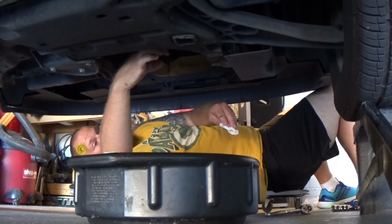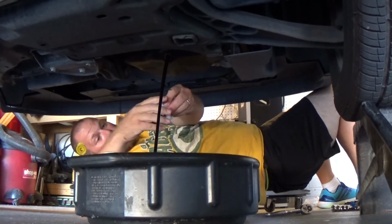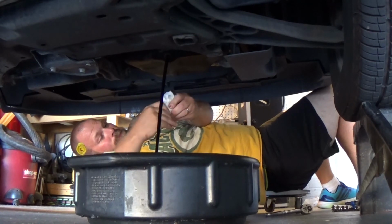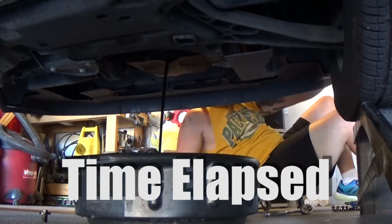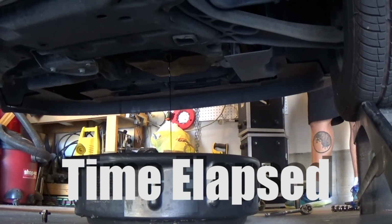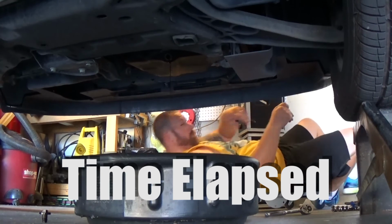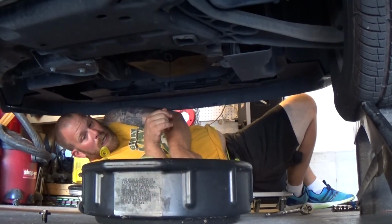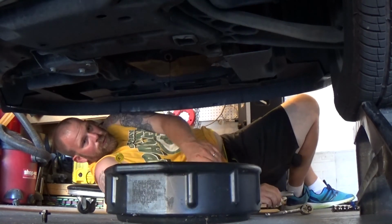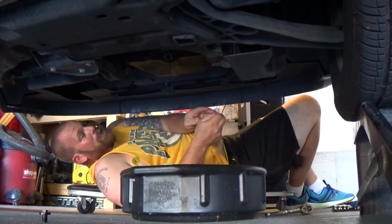We slowly take that oil out. There it goes. I usually clean my bolt off. I set it off to the side. We let the oil drain. As that begins to slow down, you just keep pulling your oil drum closer to the front, and for this car, that actually helps immensely